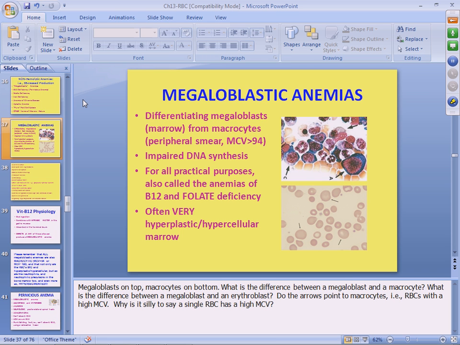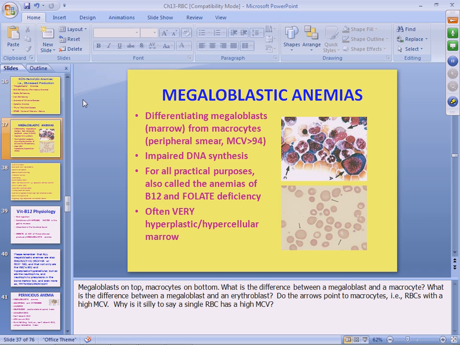And if you don't want to go to the lab to look at the slide, then just look at the MCV number on your printout. It's going to be greater than 94. In fact, if it was only 95 or 96, I'd probably ignore it. Almost all of them are going to be probably greater than 100. So, almost all megaloblastic anemias will produce macrocytes, and almost all, or we'll say all, have something to do with impaired